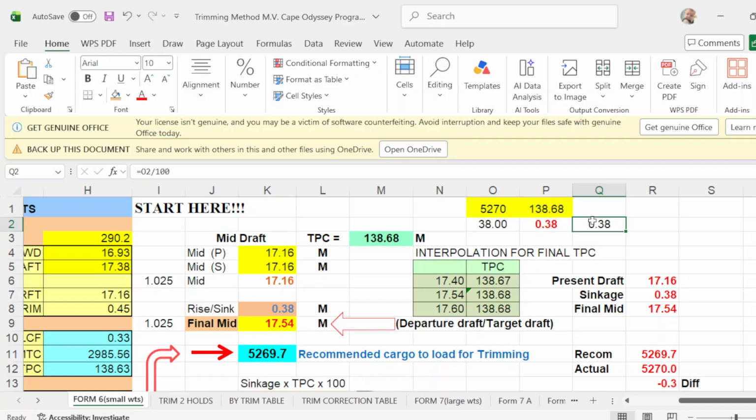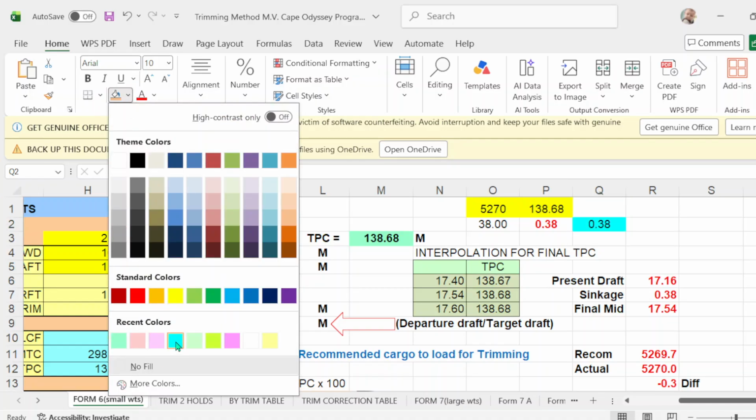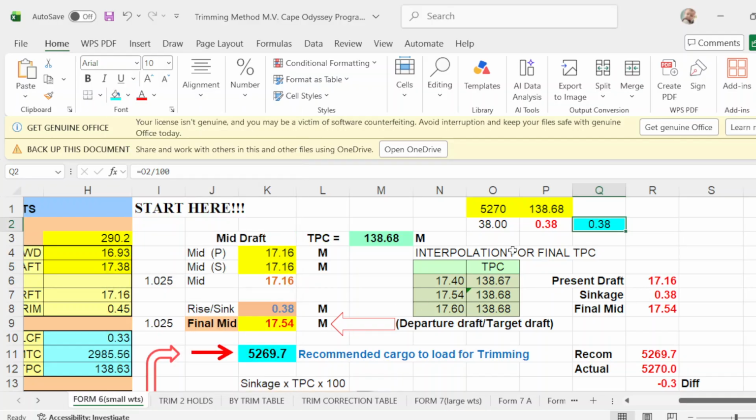Then we make a color about this one. That will be 38. Okay. That will be your sinkage. This will be your weight. Okay. This will be your TPC.